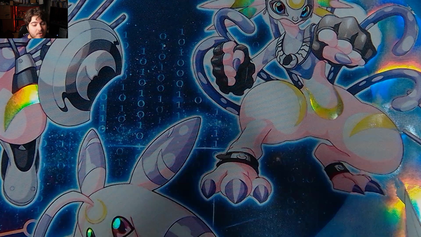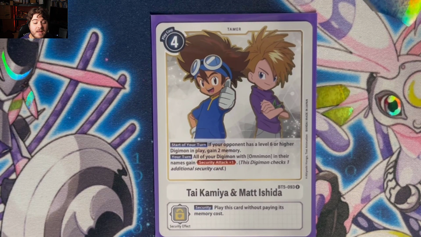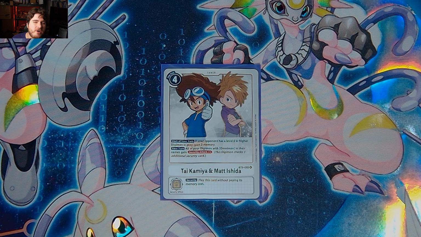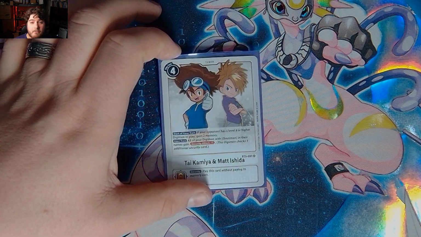Next, I am playing one of the old Tai and Matt. Reason for this is because we are an Omnimon based deck. This will let us get that extra security check, but most likely people are sitting on their boss Digimon. So this allowing us to gain 2 memory can lead to extending our plays, which is very important to us. We need to extend our plays at certain circumstances to climb up, Digivolve,